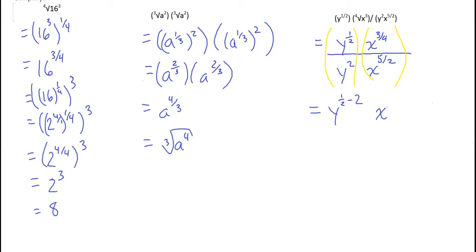And similar for x, we're going to do 3/4, subtract 5 halves. Okay, 1/2 minus 2, that's 2 would be 4/2, so minus 3/2. And x is 3/4 minus, maybe I'll write this over here, 3/4 minus 10/4 is -7/4,